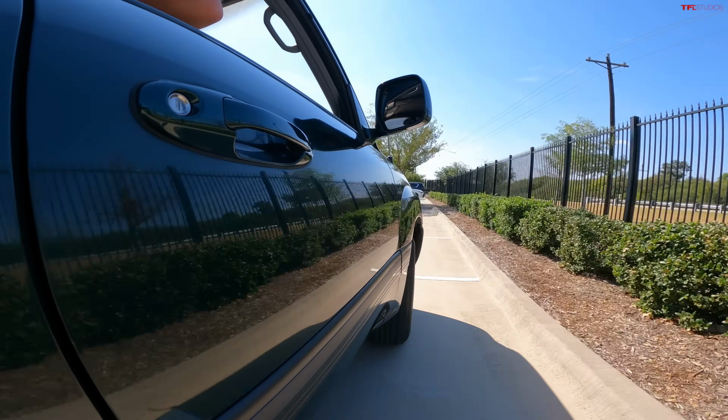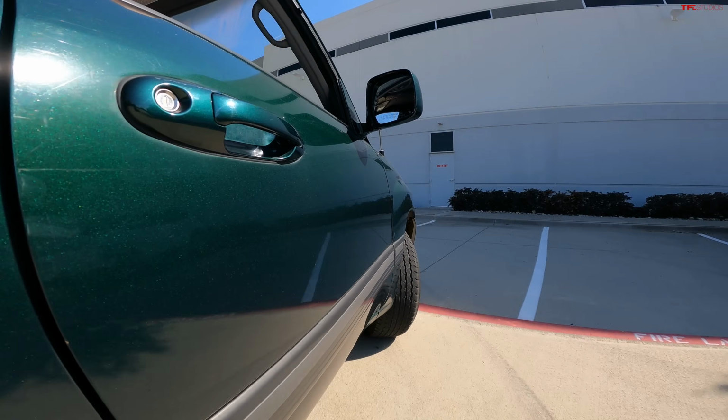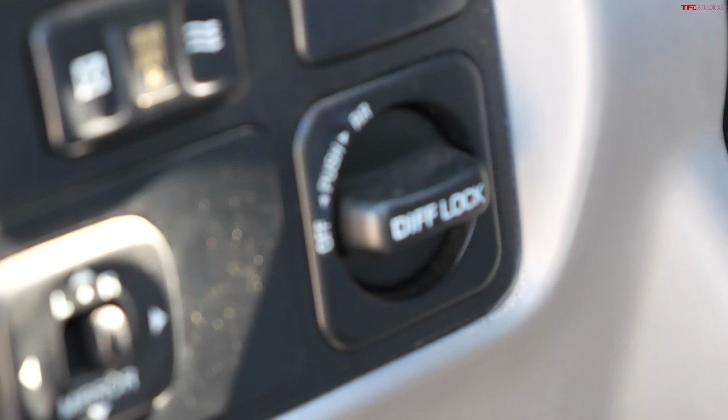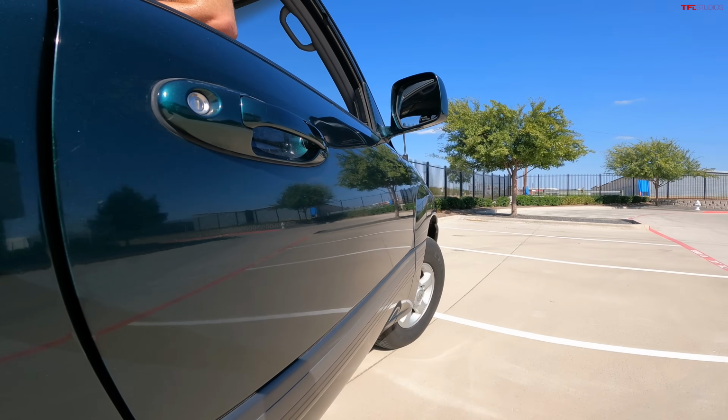I know people were really worried when it went to that independent front suspension, but you can't deny that these have proven themselves to be really solid vehicles and good off-road. Oh yeah, people love these. These early ones had a rear diff lock. Later on, they went to the A-Track, which is like a traction control based off-road system, but they're not quite as